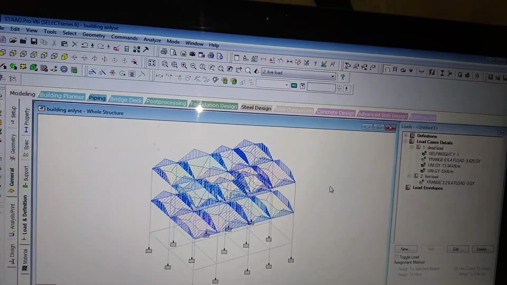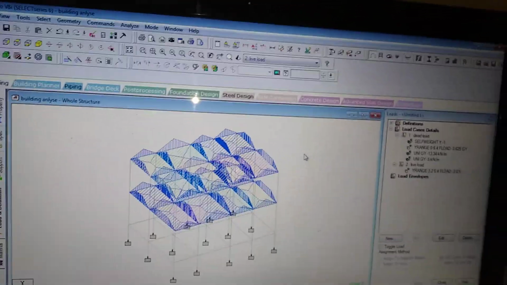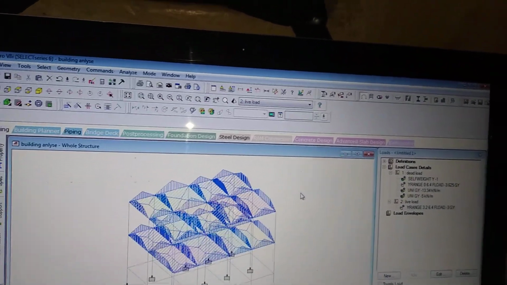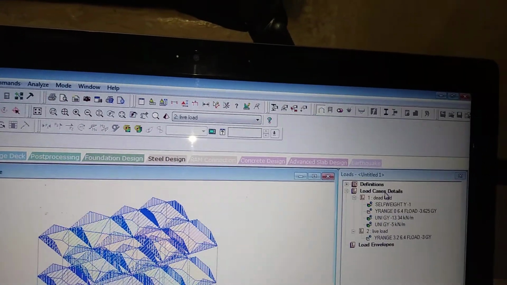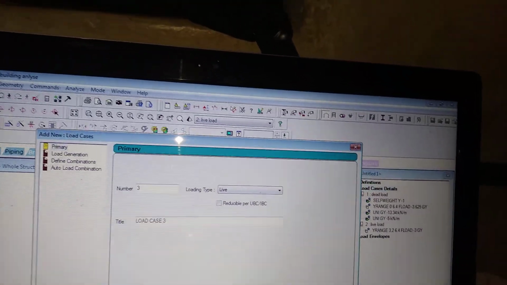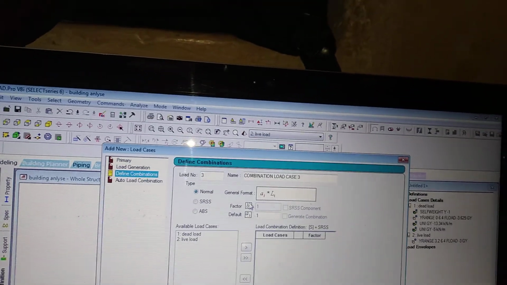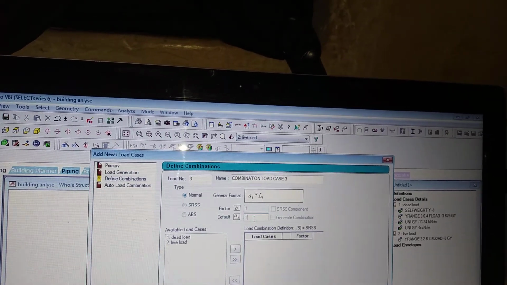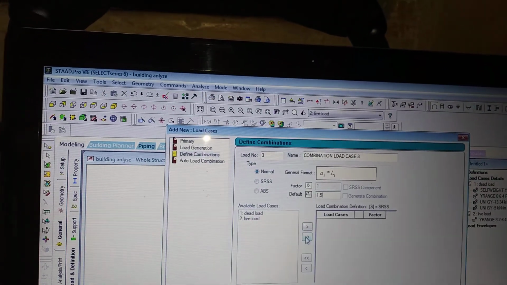I want loads in combination, because I want my structure to be safe. So I will go to load case details, add it and define combination. In this case, for alpha 1 I will mention 1.5 as the safety factor. I will give a double click.